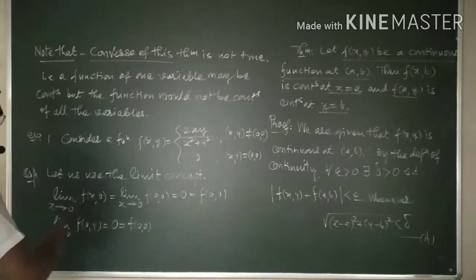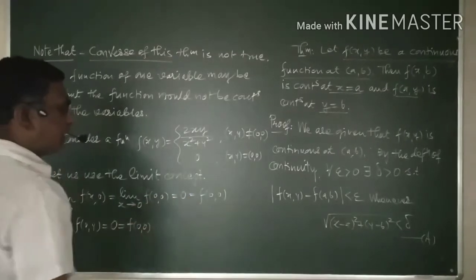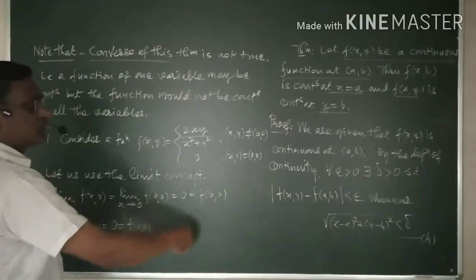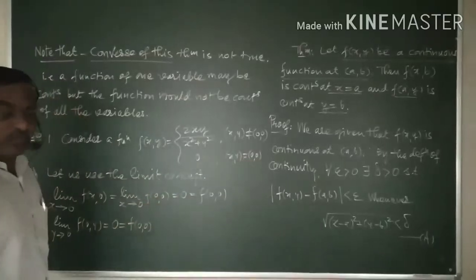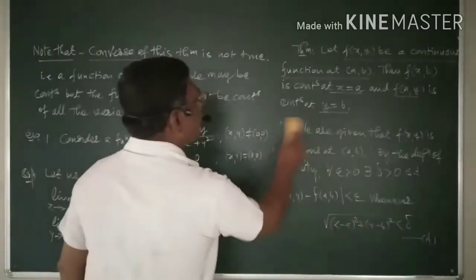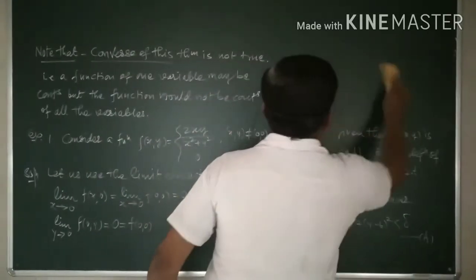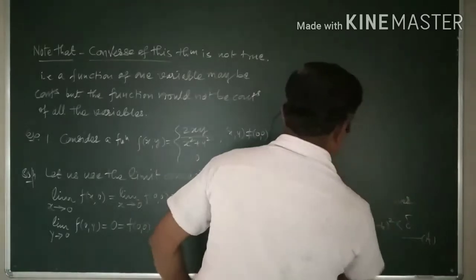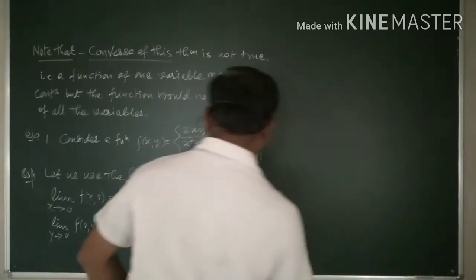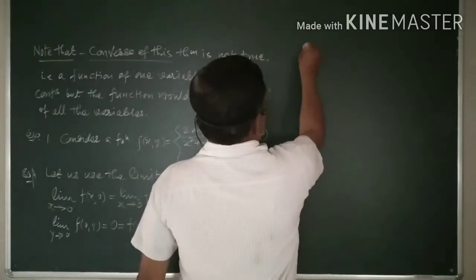The limit of this function as x tends to 0 is 0, which is equal to the value of the given function at the point (0, 0). And therefore, by using the continuity of a function of one variable, what we write here, we can have from these two, therefore, here